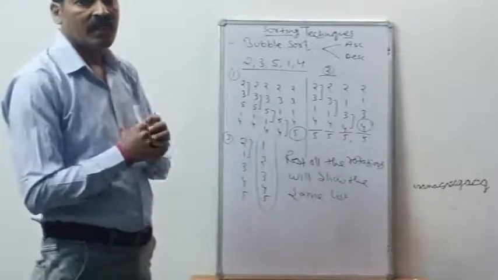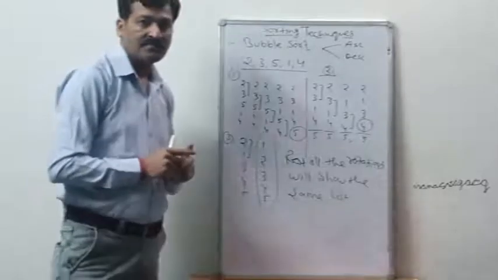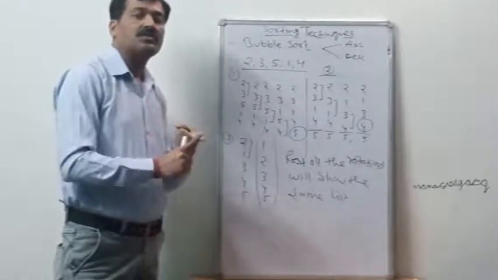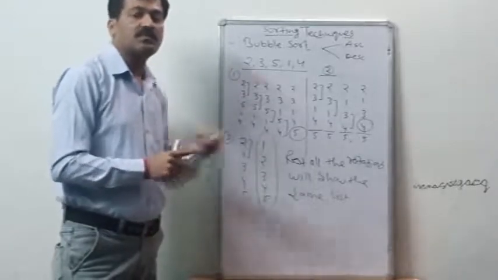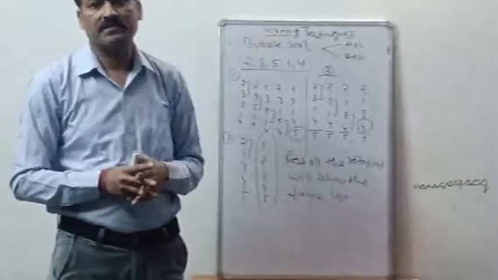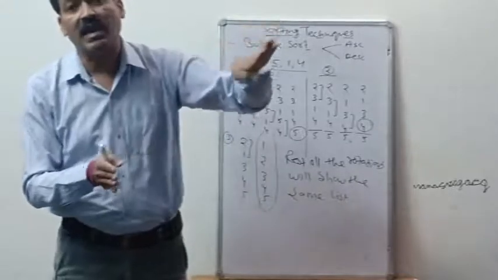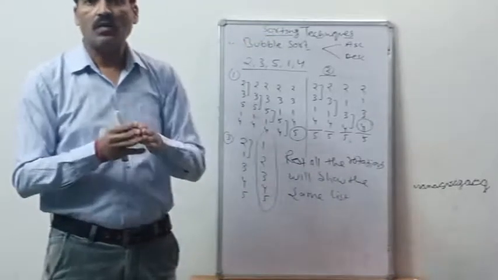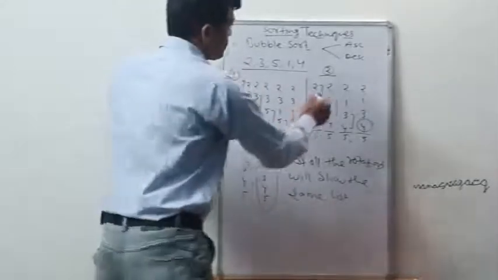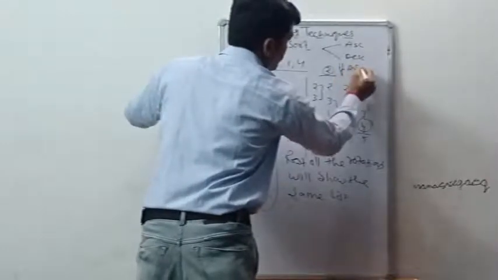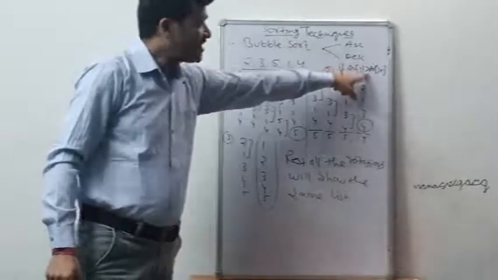Dear students, the points are: the bubble sort method works upon the swapping technique. When we sort the array in ascending order, where array means list, the process is to place the greatest element at the end of the list. If it is in descending order, the smallest element will be sent to the end of the list. How? We have to change the sign of the condition. The condition was: if AR of j is greater than AR of j plus 1. We are checking the greatest one.